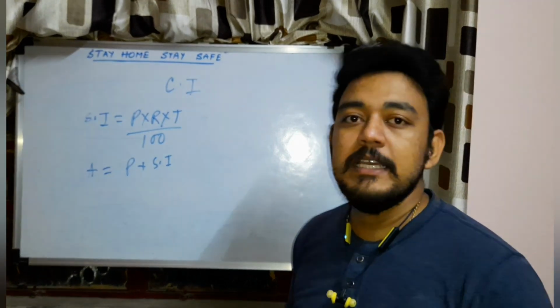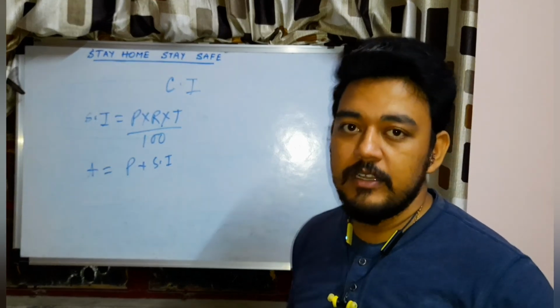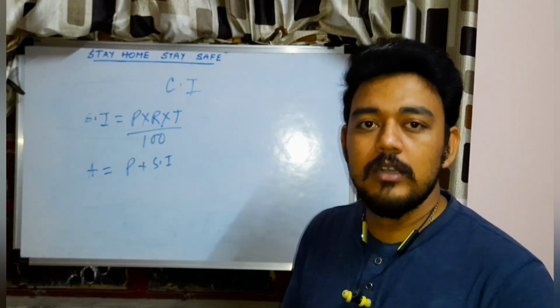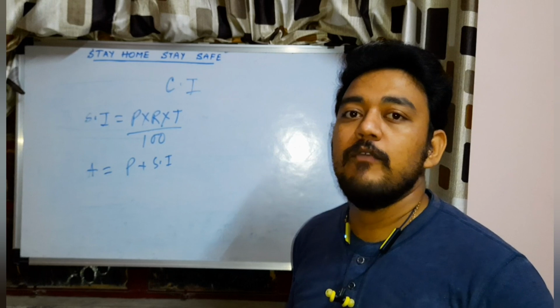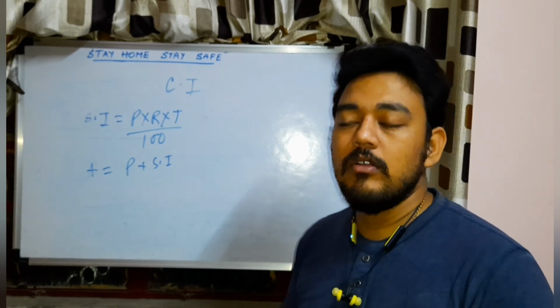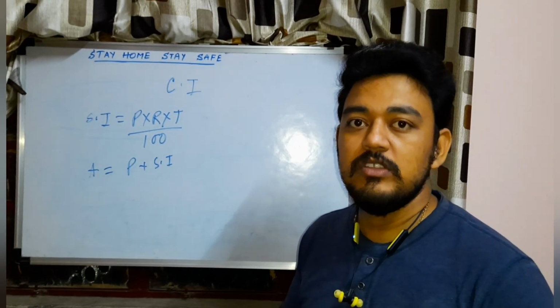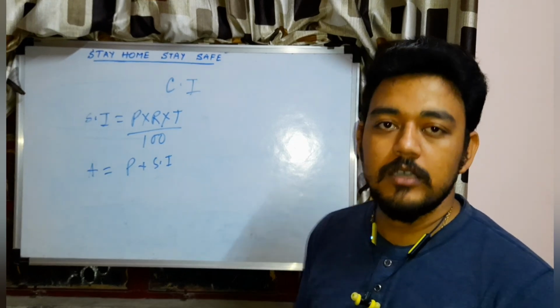When we are keeping money in the bank, there are two types of interest we are getting. One is interest on interest, which we call CI, which we will learn later. And one is that we are keeping a certain amount in the bank for a certain time. For that, we are getting an interest that we call fixed deposit or the simple interest formula. Both the interests are related to the bank or any other organization.